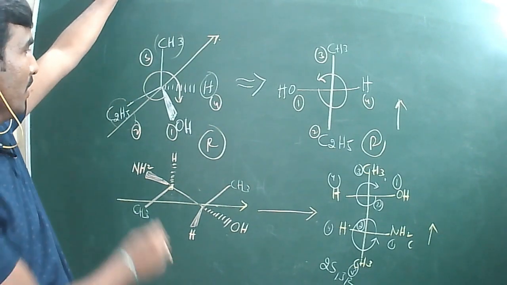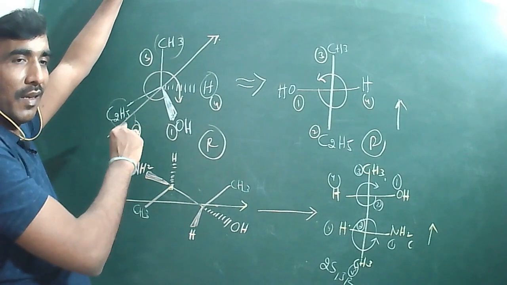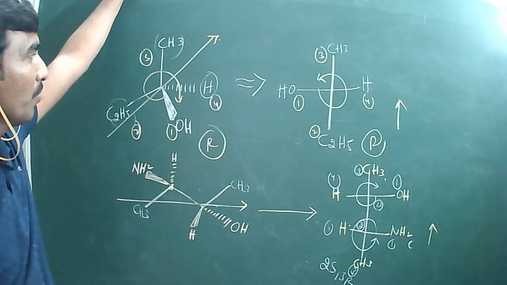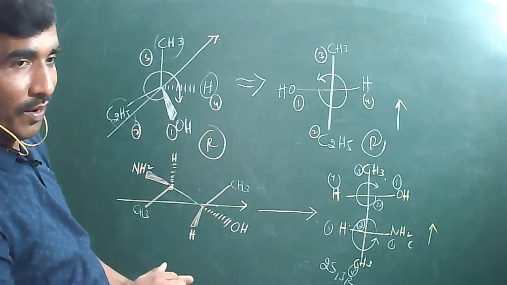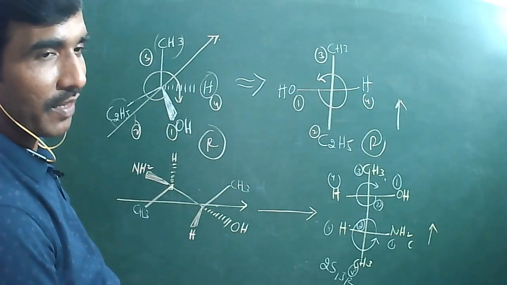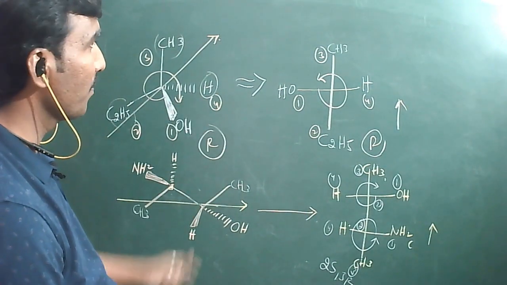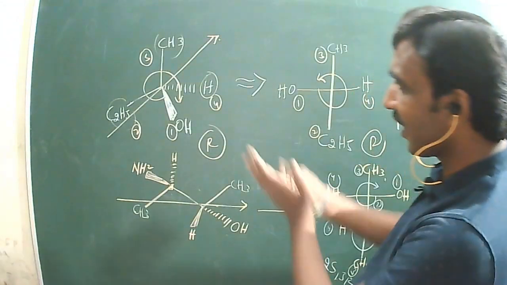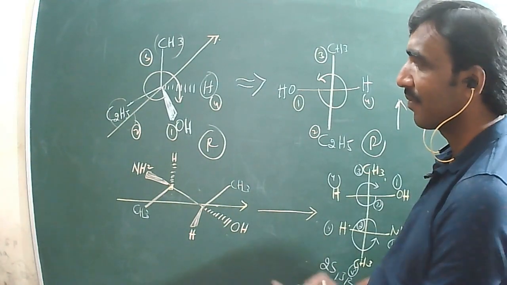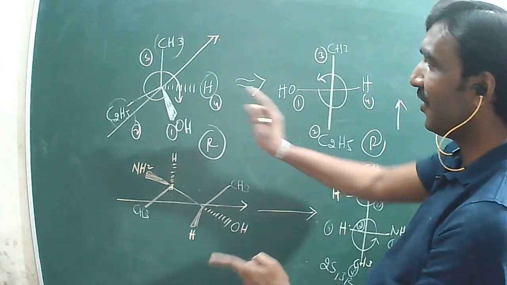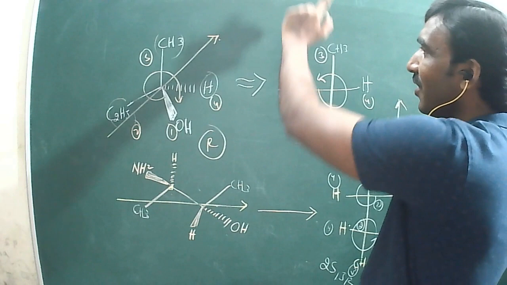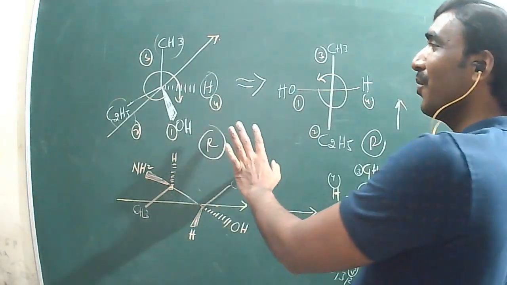There is no rule. This is one of the easy representations to convert it into pictures. Actually, in the book, what they will give means, you imagine the molecule from here. You have to view the molecule from here. Then these two appear close to you, right? Looking from close like this, when these two appear close to you, OH, which side will you get? This is the left side. H, where will you get? Right hand side. Right hand. So CH3 top and C2H5 top. Okay, it is okay with one chiral center.